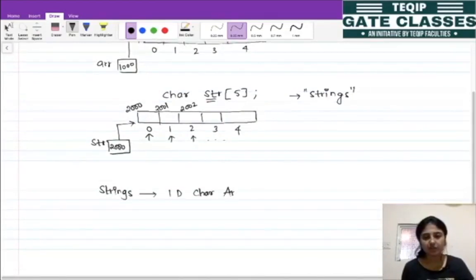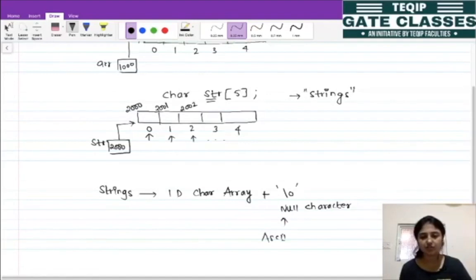Okay, so everyone has to remember what strings are: this is a one dimensional character array. But there is one more condition, that it is terminated by one special symbol \0, which we call the null character. One more thing, this \0 is not the same as 0, because the ASCII of this \0 is 0. So this \0 is actually two characters but it is considered as a single character while interpreting. Okay, so the ASCII of this \0 is 0.